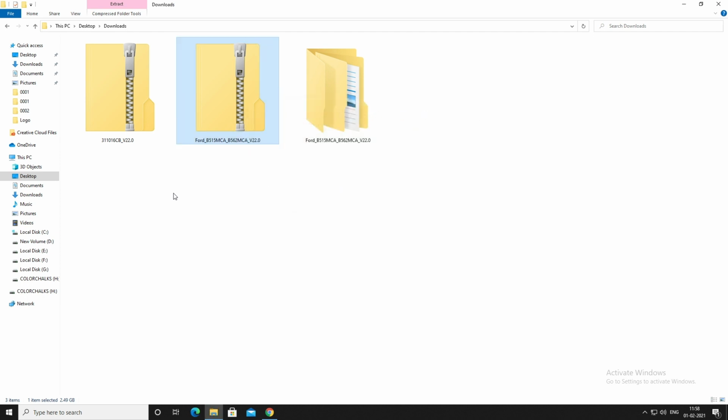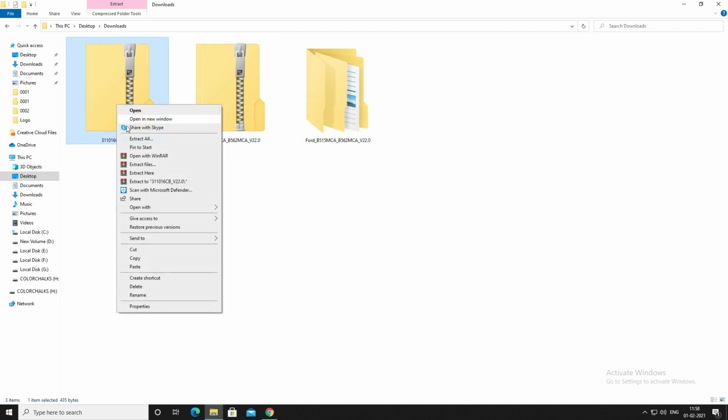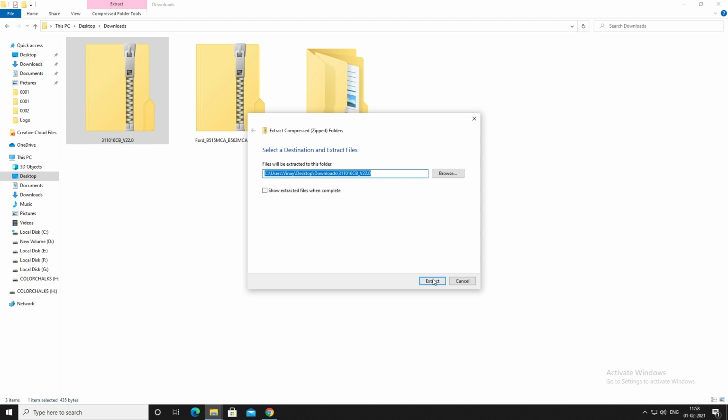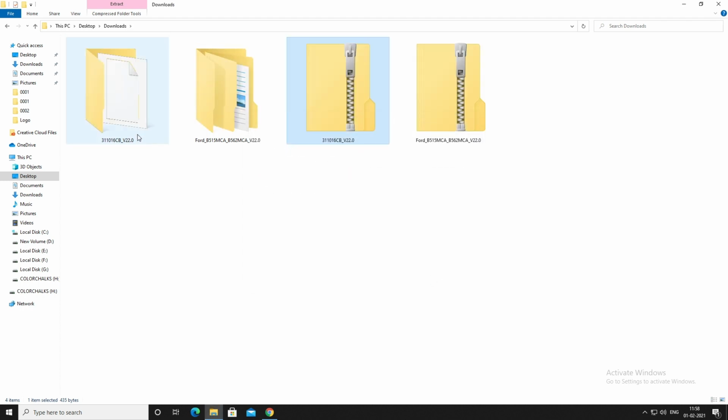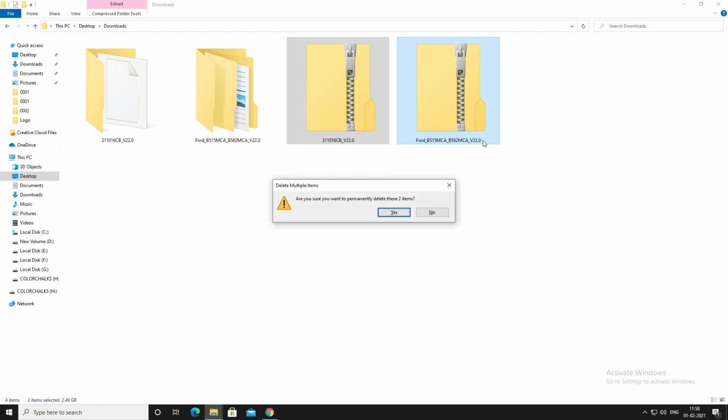Okay, it's extracted. The same way we need to extract the license file also. This will extract very fast because it's only 1 KB. And now we don't require these two zip files because we already have the unzipped versions, so I simply delete them. You can keep them in a different folder or something.